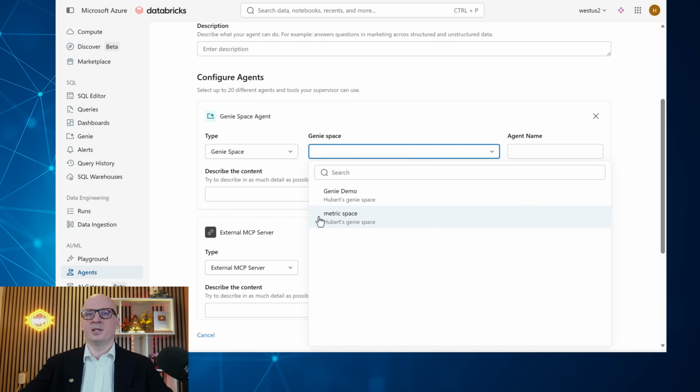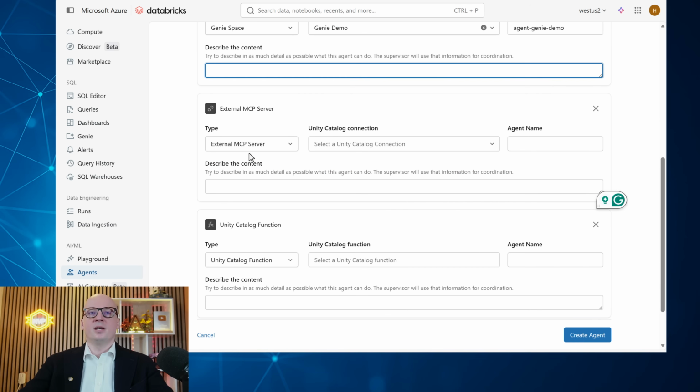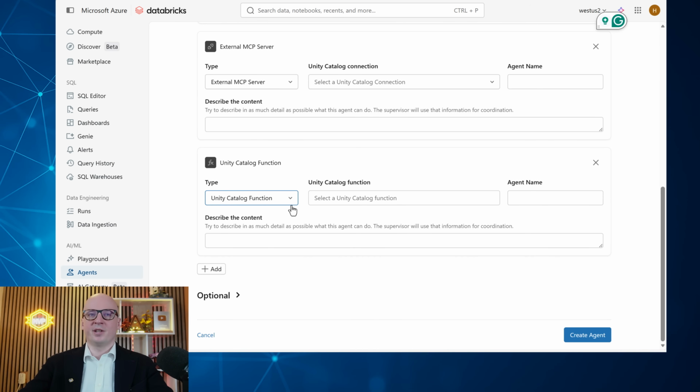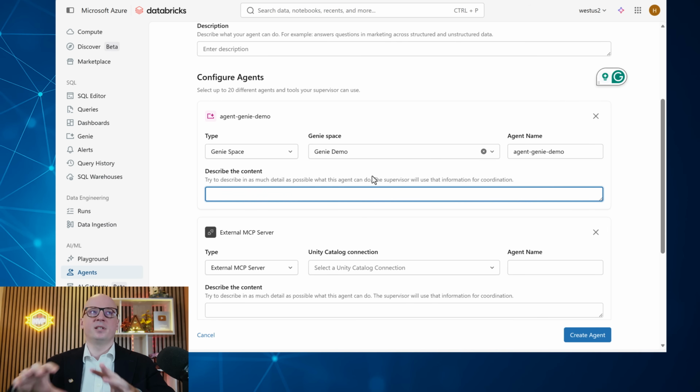So for example, if I select here Genie Space, I will describe the contents, then the Supervisor Agent knows when to use different agents. In that case, for example, when you're asking a question about sales, you can use Genie Spaces. If you want to maybe generate a report, you use a Unity Catalog function, and maybe use some external MCP server with a knowledge base of your company rules or some application, so you can connect here and have everything in one